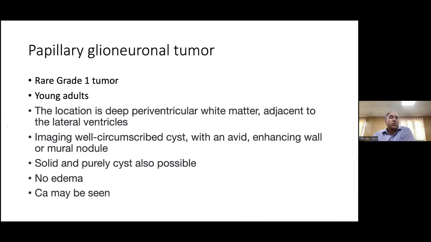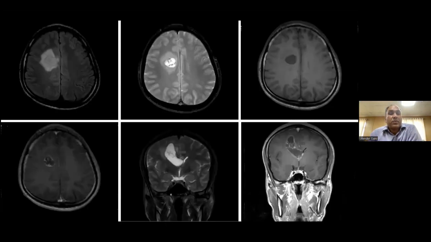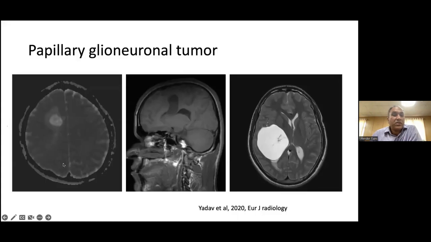Coming to some very uncommon kinds of tumors, this is a papillary glandular tumor, which is characterized by a cystic appearance. Usually they lack edema, but in this particular case edema is present. This cyst will be around the ventricle. It can show some enhancement and some susceptibility within it. There will not be any diffusion restriction, and perfusion will be very low. This is another case. You can see a cyst, and there will be thin strand-like structures present through it, which will give it